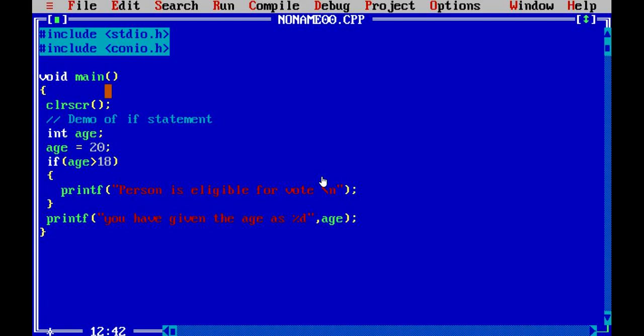In this demo, we are simply giving a value to age and checking if the age value is greater than 18, then we will print the person is eligible for vote, and also at the end we will print you have given the age as %d.